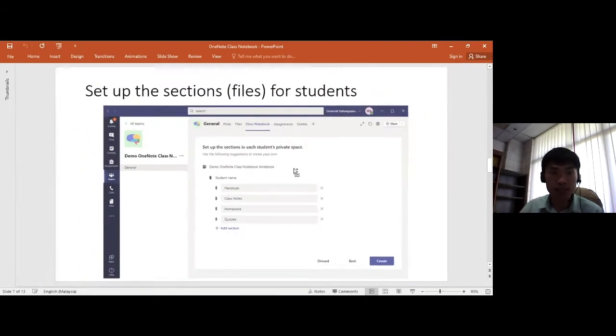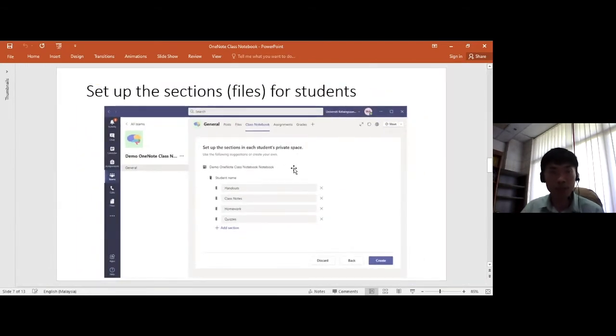So these are the simple steps to create a class notebook using Microsoft Teams. Next, I'm going to show you the real features of Microsoft OneNote.